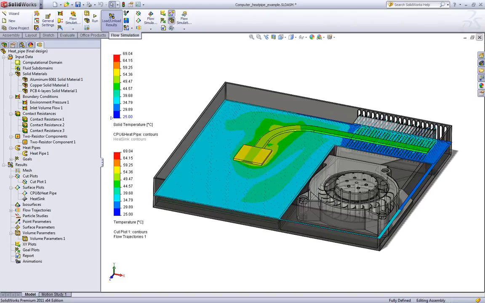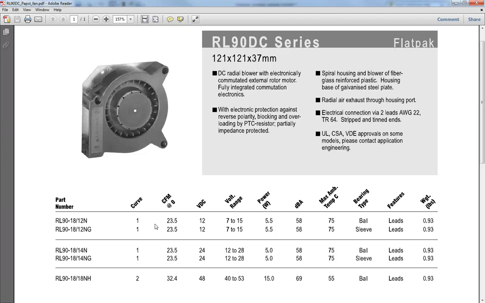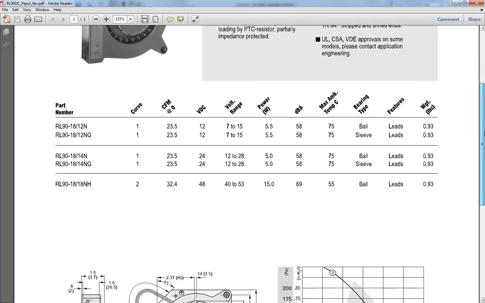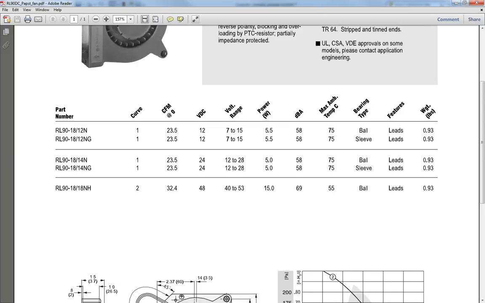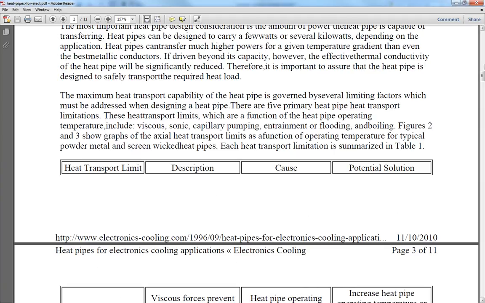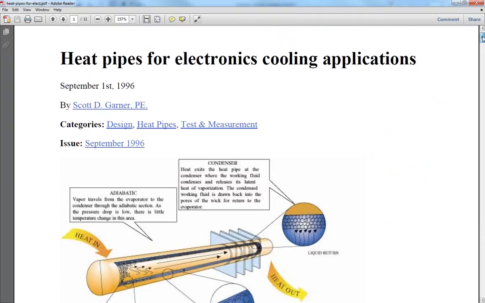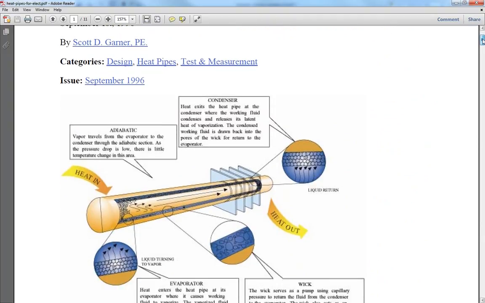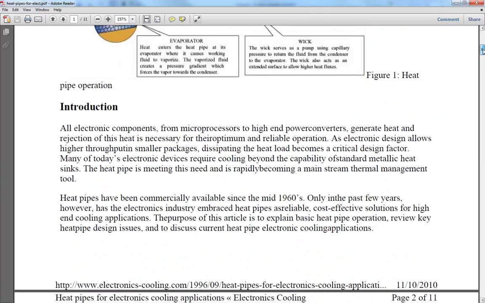I've added some nice documentation. For example, some background on the Pabst fan that's actually in this device. We've got the data sheet for it, so that's the one we're using. We also have a data sheet on heat pipes. This is a very simple PDF talking in general overview about how they function, and it's sort of like, you